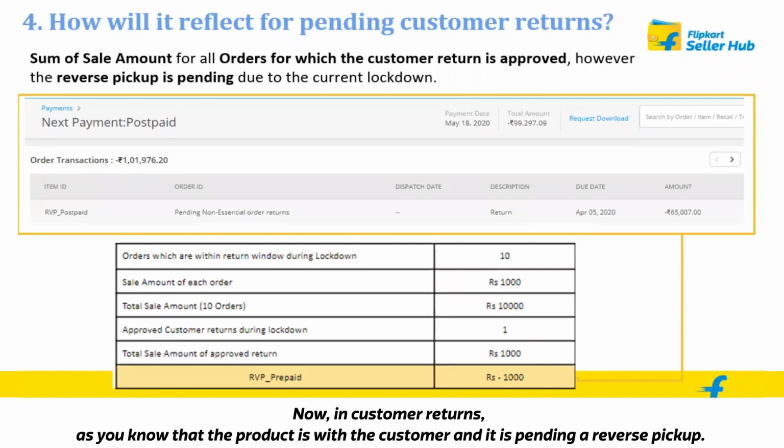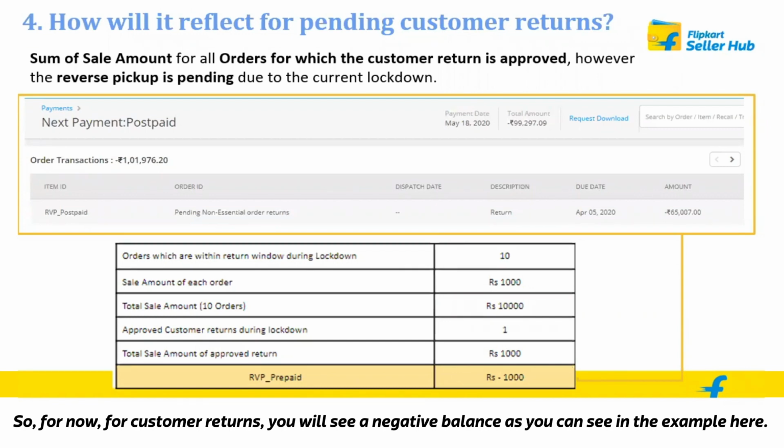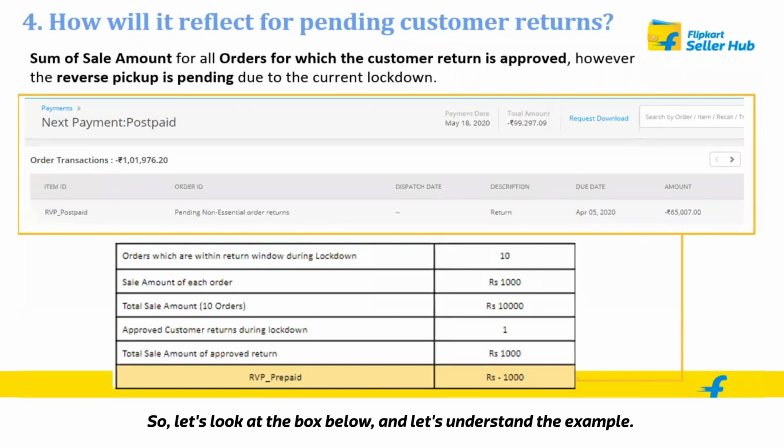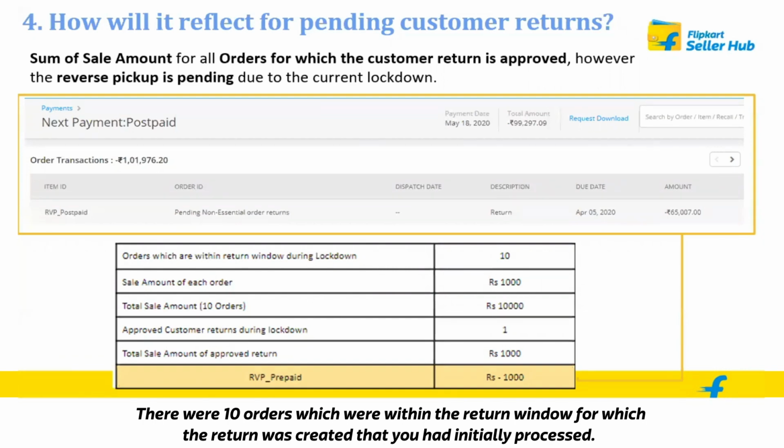Now, in customer returns, as you know, the product is with the customer, and it is pending a reverse pickup. So for now, for customer returns, you will see a negative balance, as you can see in this example here. So let's look at the box below and understand this example. There were 10 orders within the return window for which a return was created.